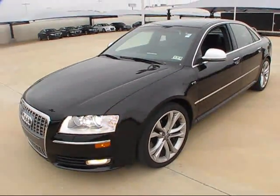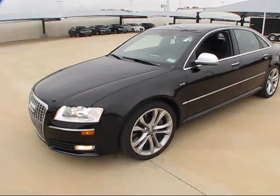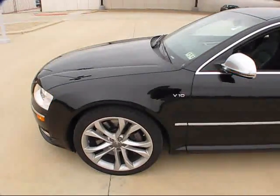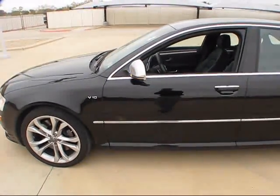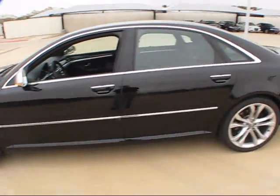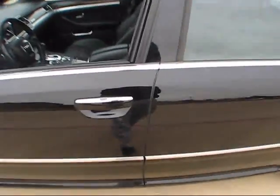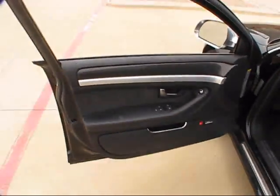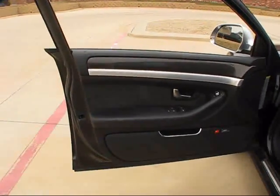It's an absolutely phenomenal looking luxury car. Couple that with the high performance and you've got one incredible machine. And now that we've had a good look at the exterior portion of the S8, let's take a better look at the luxury interior. As I said, this one has the S8 specific black Valcona leather seating,